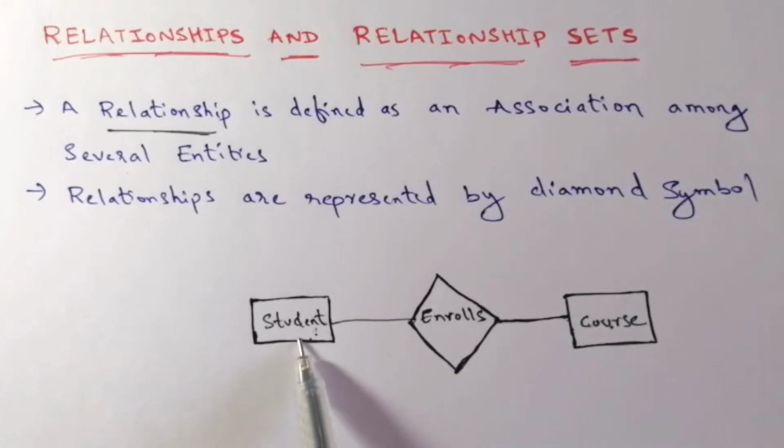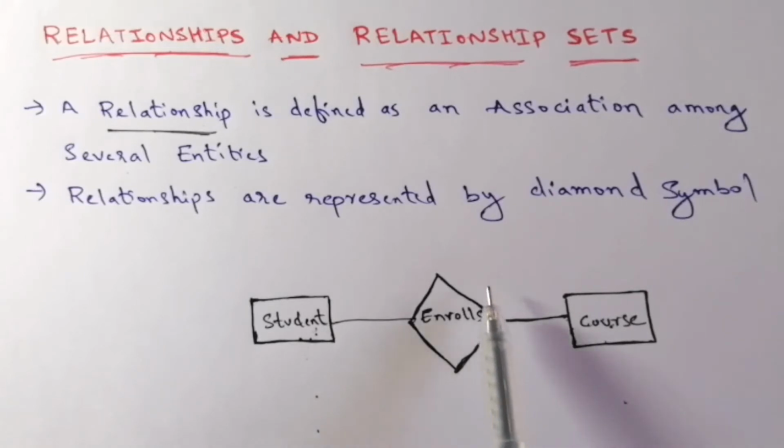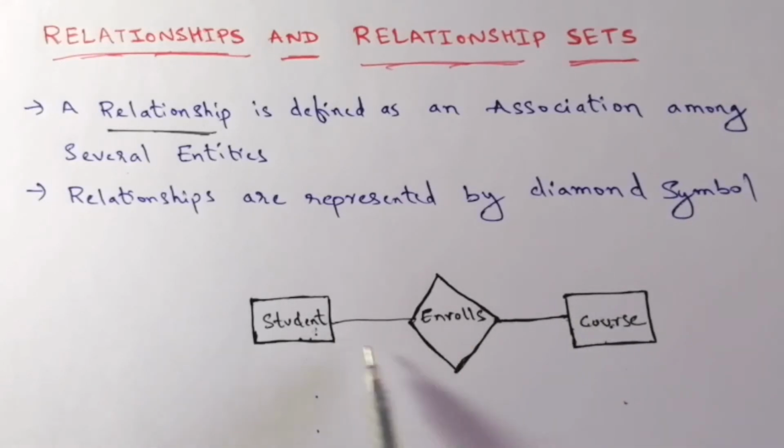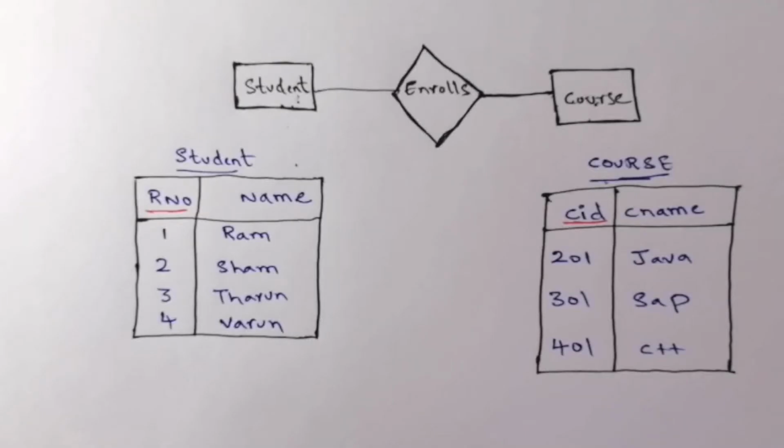There can be many students. For example, suppose S1, S2, S3 are three students, and C1, C2, C3 are three courses. So S1 joins course C1, so there is a relationship. Like this we are going to have relationships. Now in this example, how many entities have participated? Two. For a relationship there can be many entities participating. Let us take an example to get clarified.